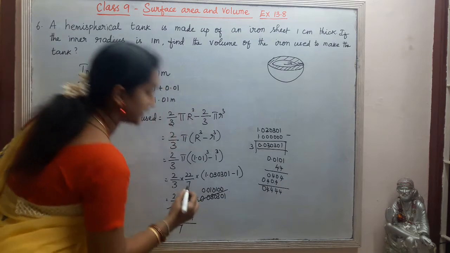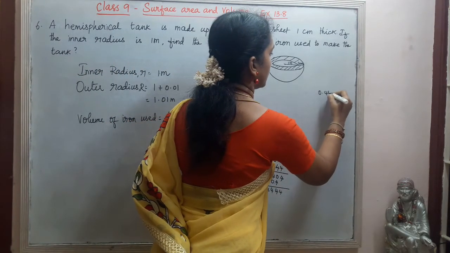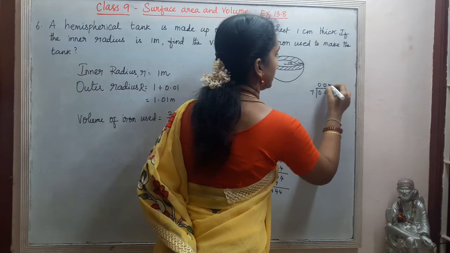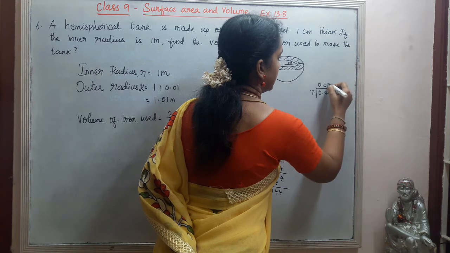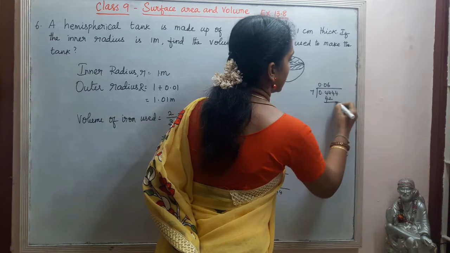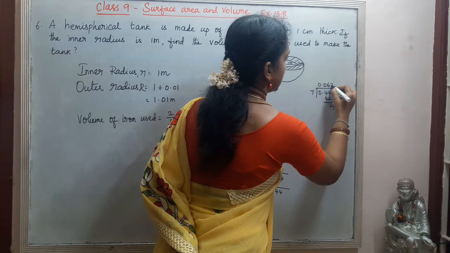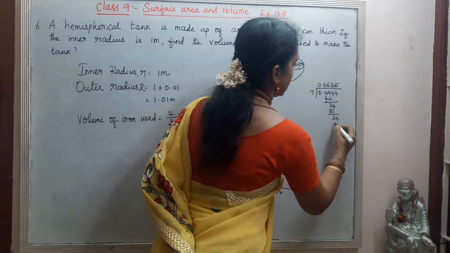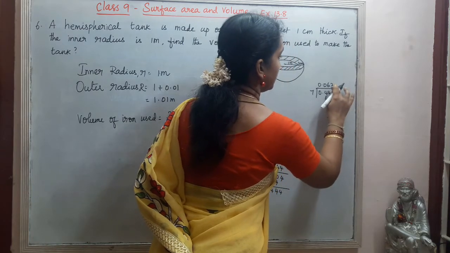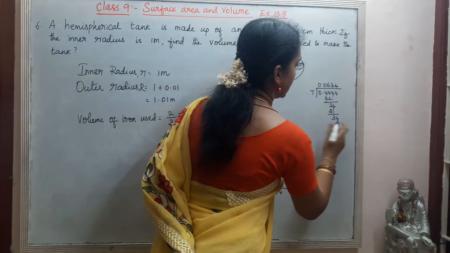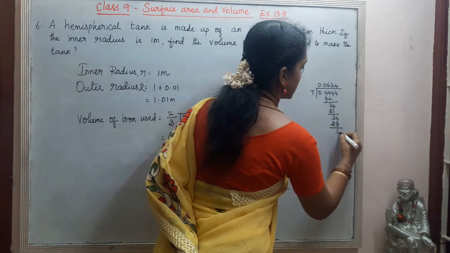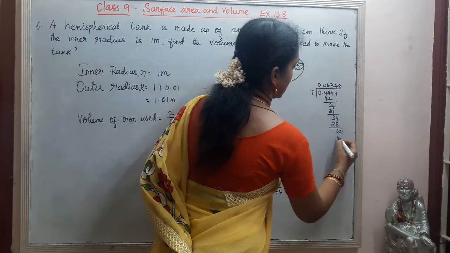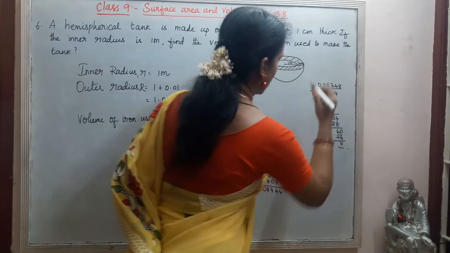0.4444 divided by 7. So 0.4444 divided by 7 is 0.0. 7 6s are 42. Remainder is 24. 7 3s are 21. Remainder 34. 7 5s are 30, 35 won't come. Then 7 4s are 28. We will get 7 4s are 28. So 60 again. Then 7 8s are 56. 4. So we will stop with this.